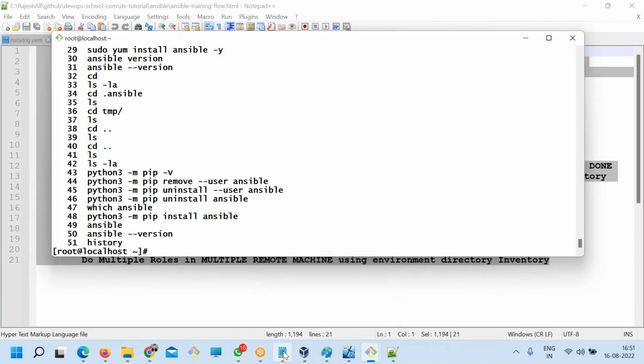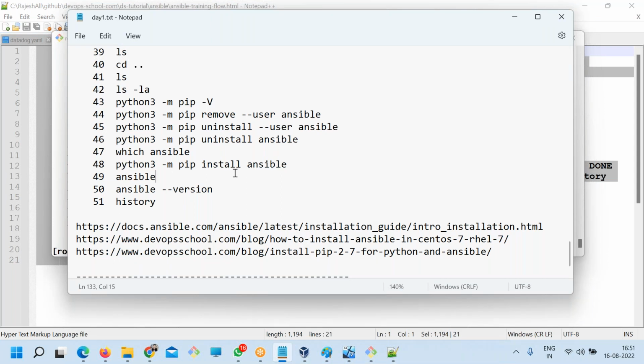A couple of questions. First, how many sessions are you planning to complete this course in? It will be somewhere close to 12 to 15 hours of course actually. Okay, and does this